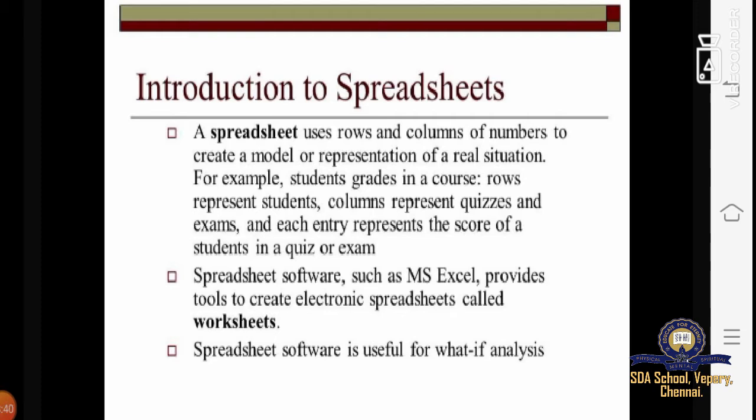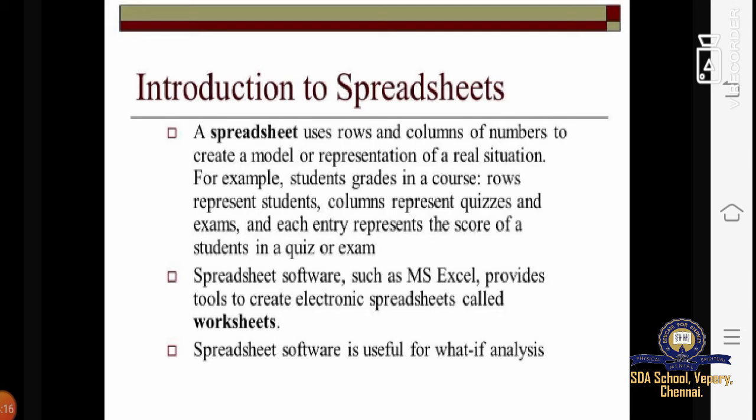Spreadsheet software is useful for what if analysis. A spreadsheet is a sheet used for preparing plans, calculations, notes or comments as a guide in decision making. One of the distinct features of a spreadsheet is what if analysis, which we are going to study after this, using which we can develop a decision support system.